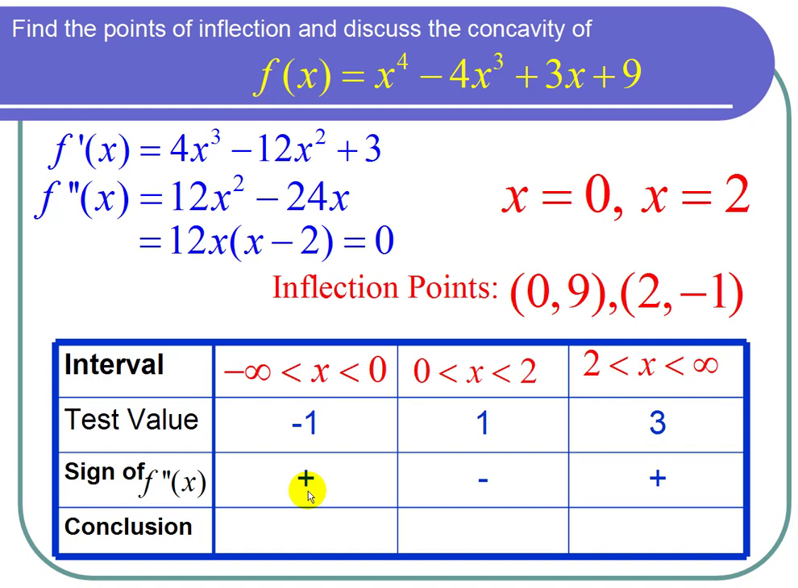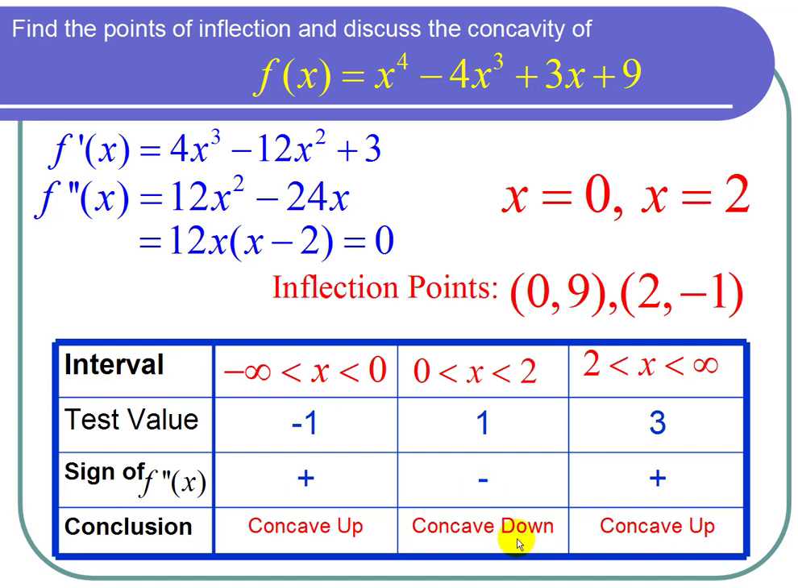So now I'm ready to make my conclusion about concavity. We can say that since the sign of f double prime of x is positive in this first interval, the function is concave up between negative infinity and 0. Since the sign of f double prime is negative in the second interval, the function is concave down between 0 and 2. And since the sign of f double prime is positive in the third interval, f of x is concave up